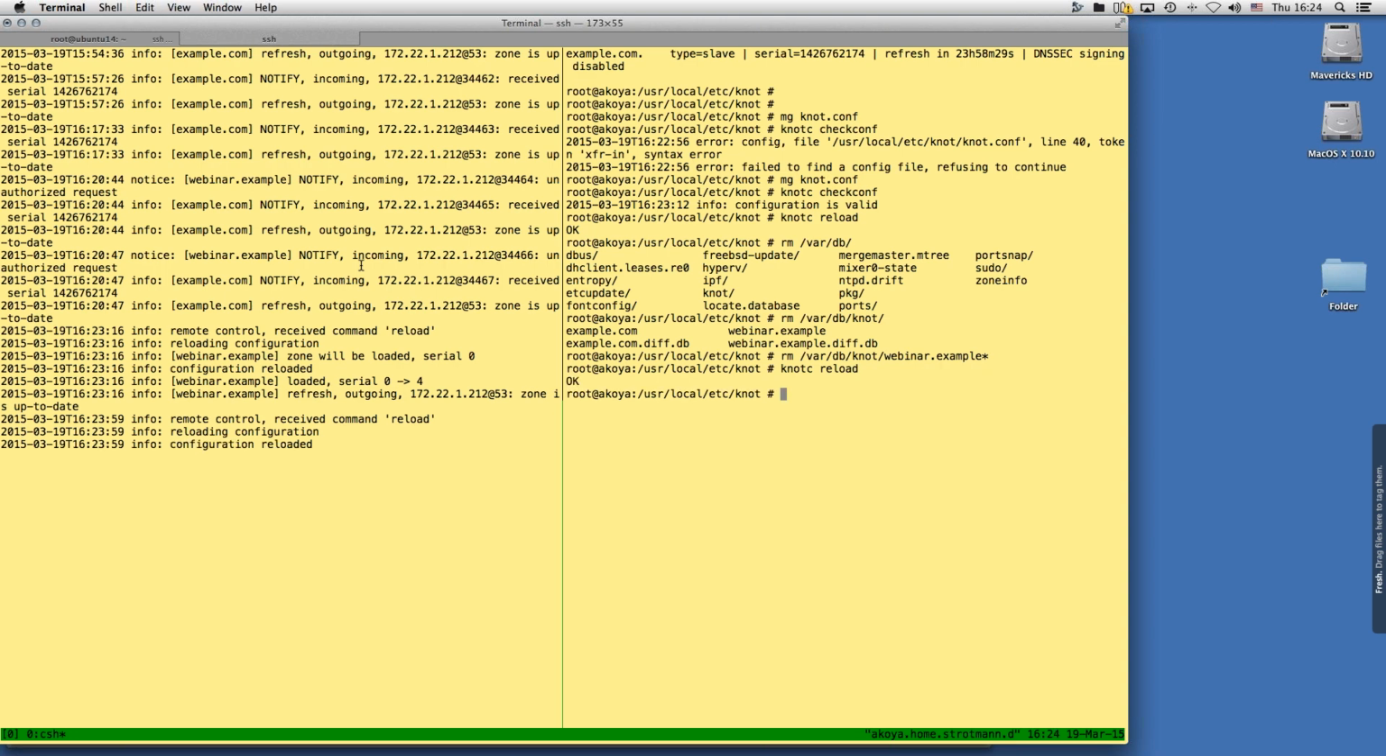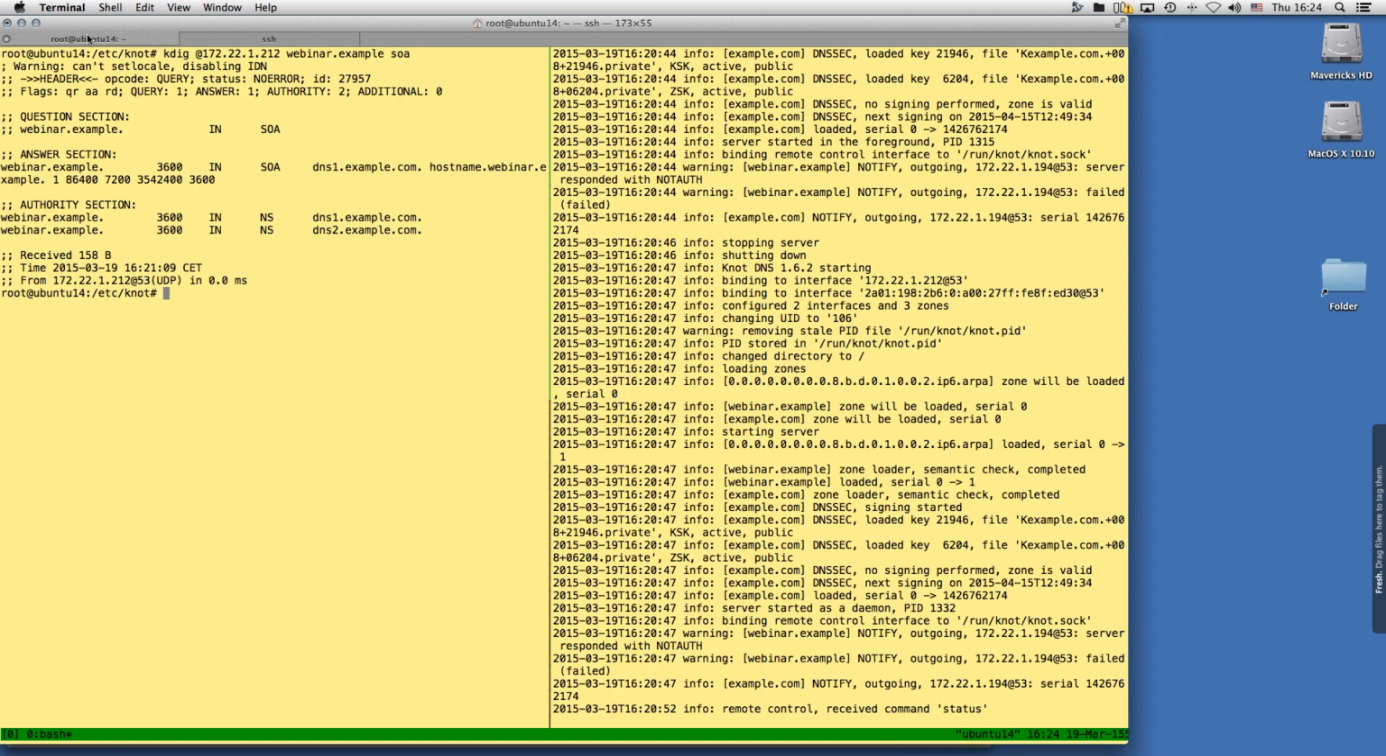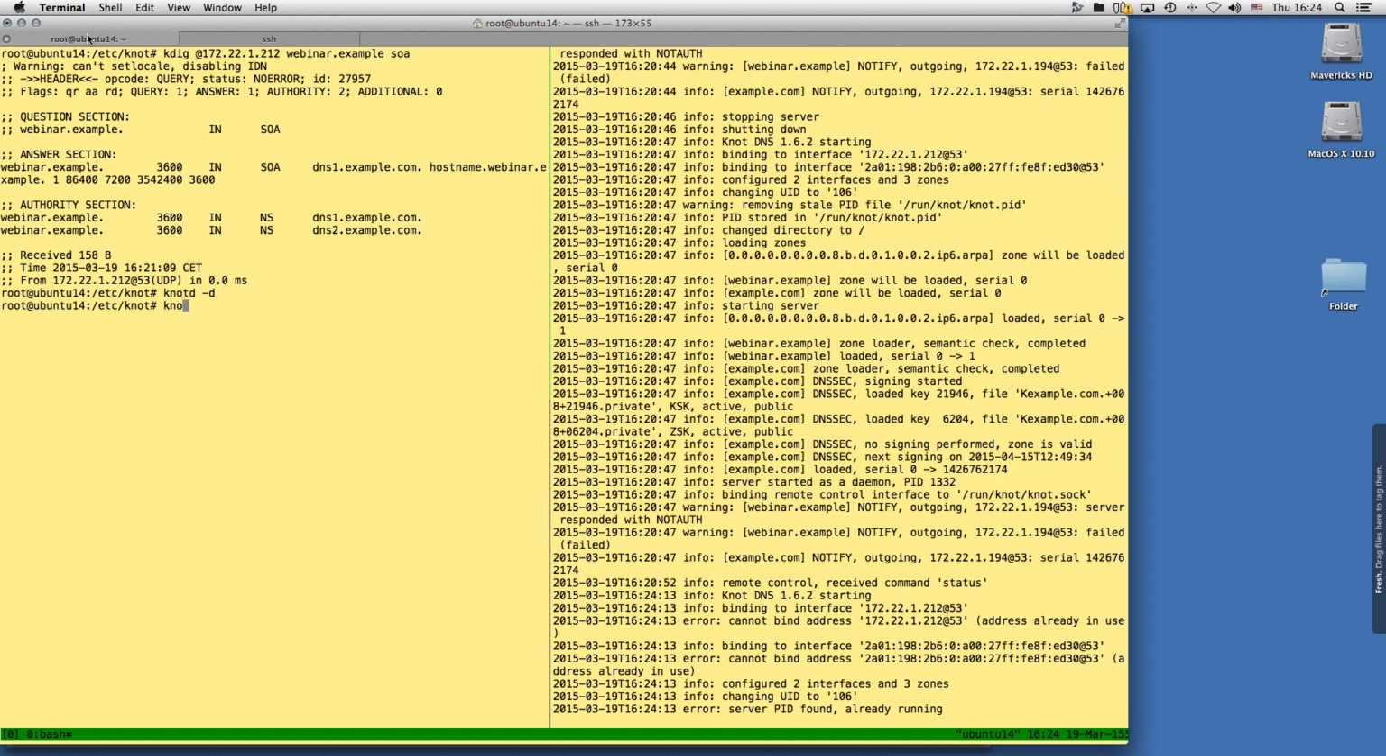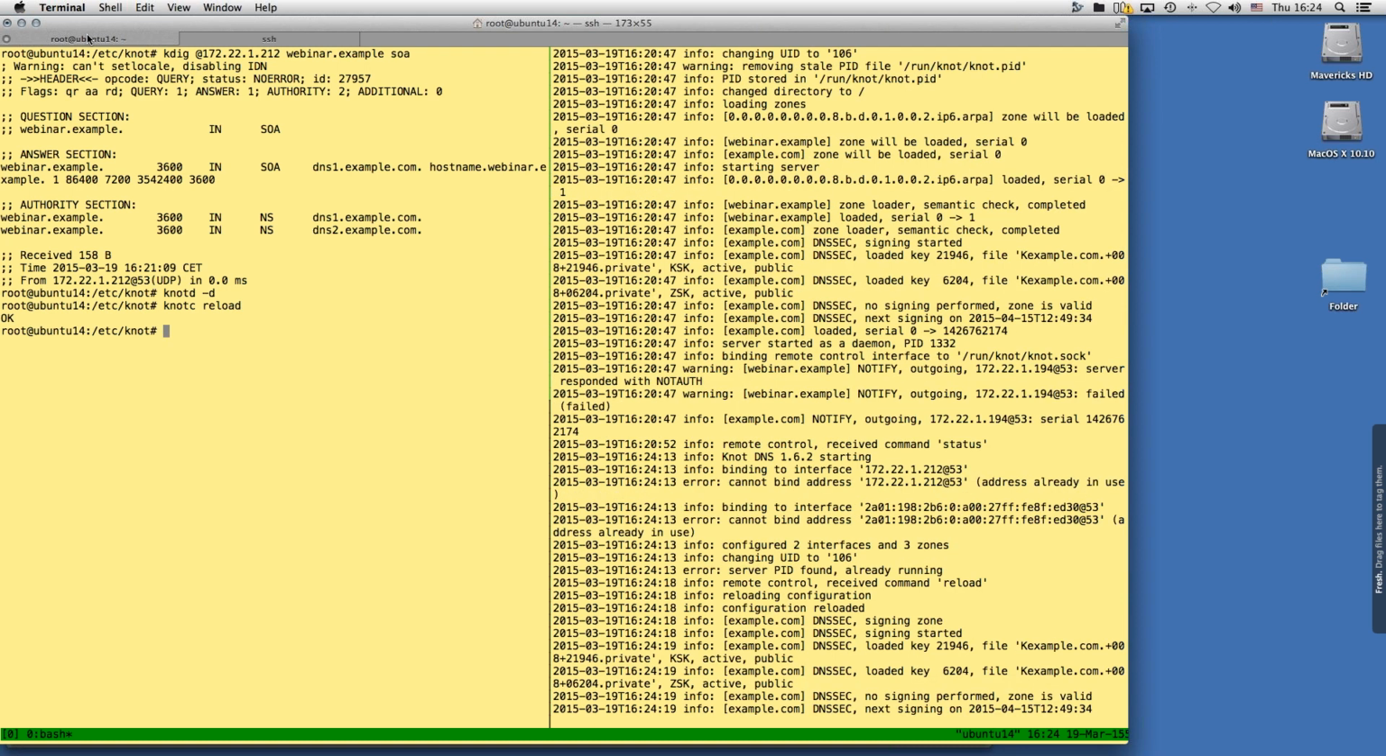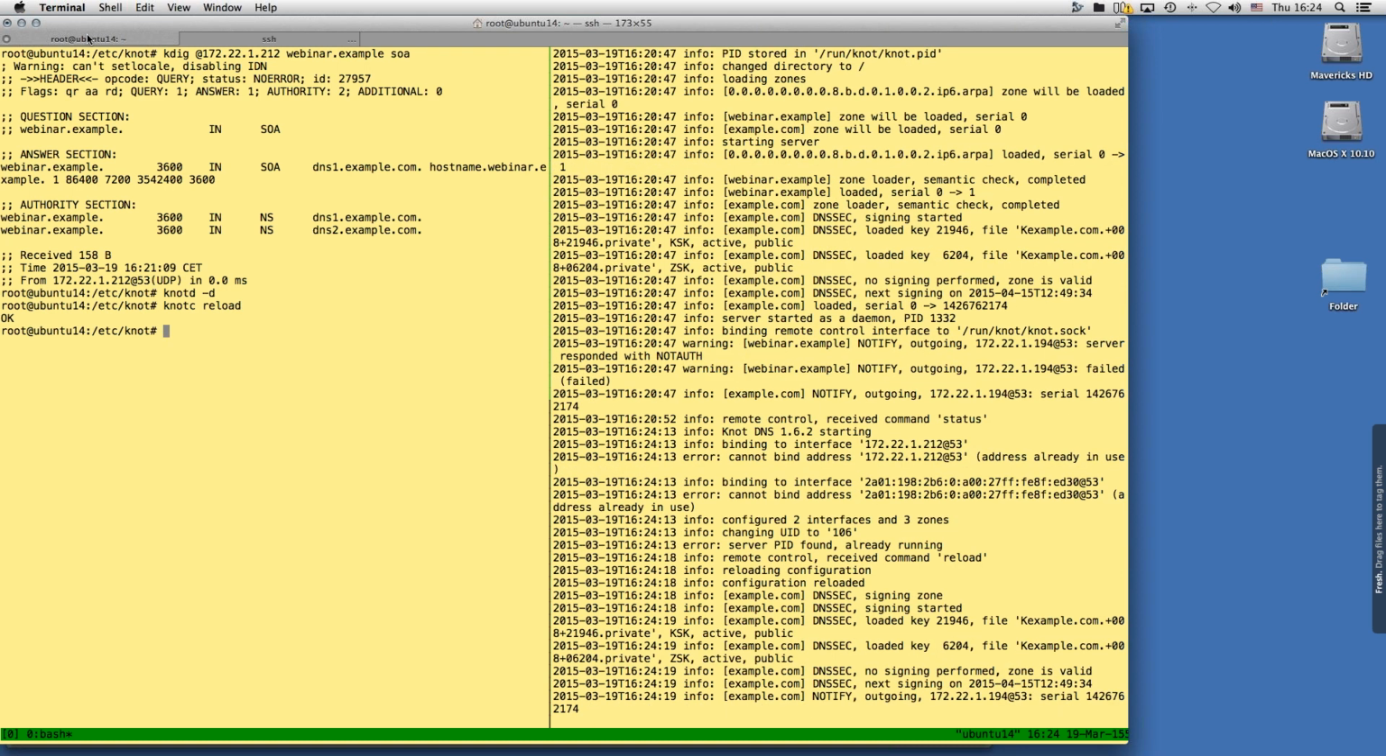Doing a new reload, and now the zone is empty. Now going back to my master, doing a reload here should trigger the notify and then the zone transfer. And now I have a master and slave setup, and now I want to do a DNSSEC signing on